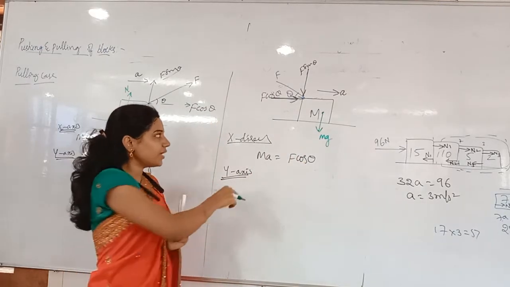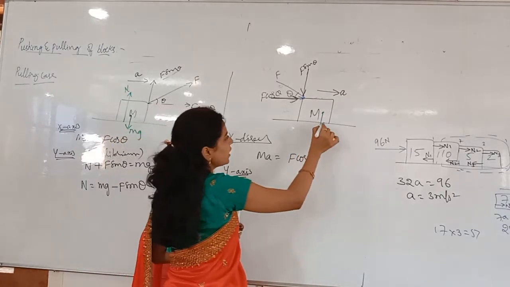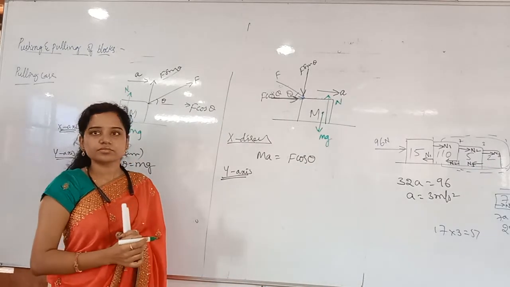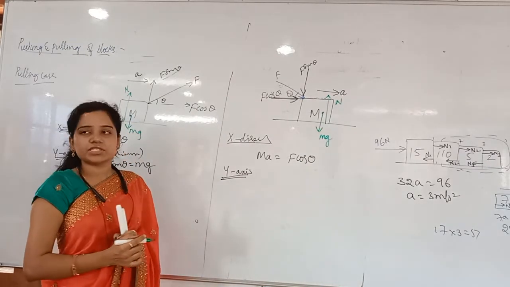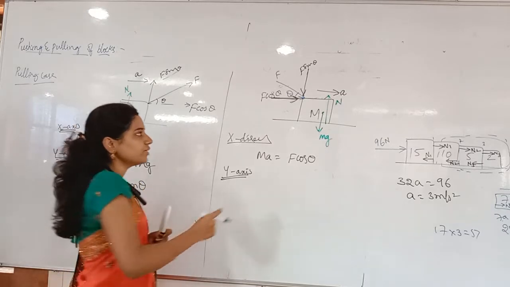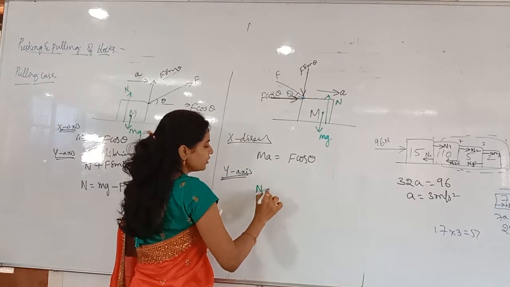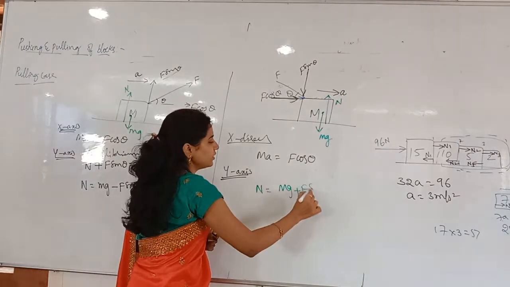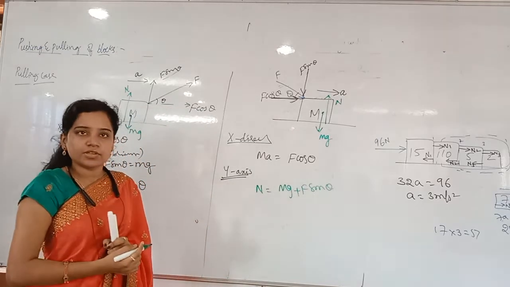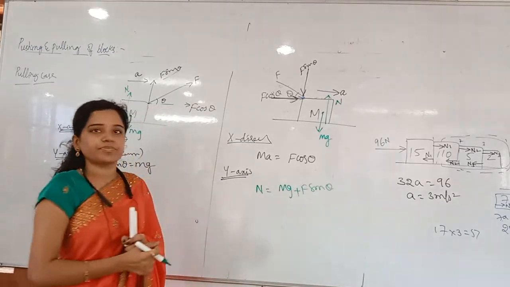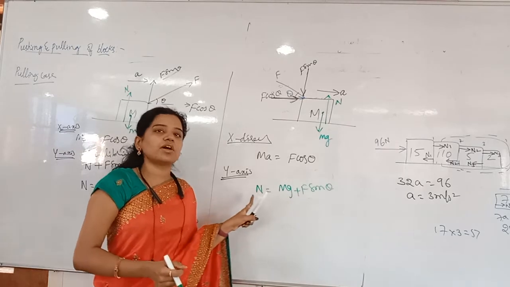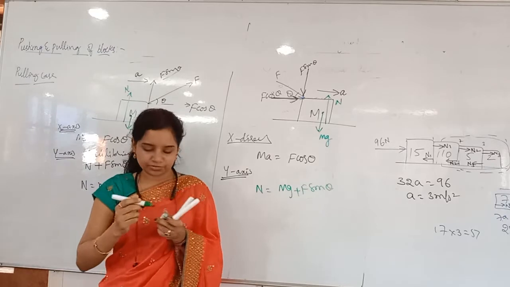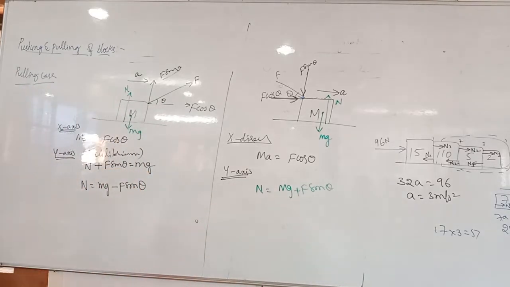Okay. Then the y-axis. Along the y-axis, downwards mg is acting. Upwards who is acting? Normal reaction. Now tell me, all upward forces are equal to all downward forces. Who is the upward force here? N. N is equal to the downward forces, mg plus F sin theta. That's it. So here will the weight decrease or increase? Weight will increase, normal reaction will increase. Understand? Both the cases, pushing and then pulling. Right, copy everything.